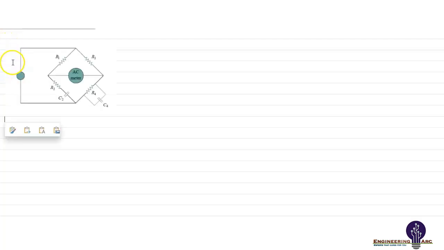Hello student, in this problem a Wien bridge is given, and we know that the Wien bridge is used for measurement of the frequency in the system. And we have to prove that whenever our system is in balance condition, then the frequency will be f